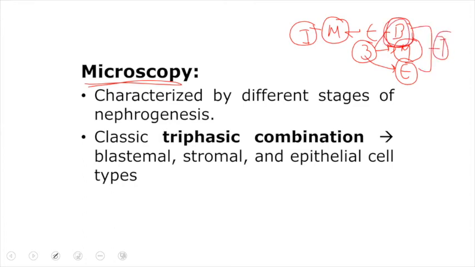The blastemal component consists of small round blue cells. Let me write about small round blue cells. We can appreciate a cell like this. This is the margin of a cell, and it has a very large appearing nucleus with a very high degree of anaplasia. This type of cell is known as a small round blue cell, and it is very similar to a lymphocyte. We can appreciate this type of cell in various other cancers as well.